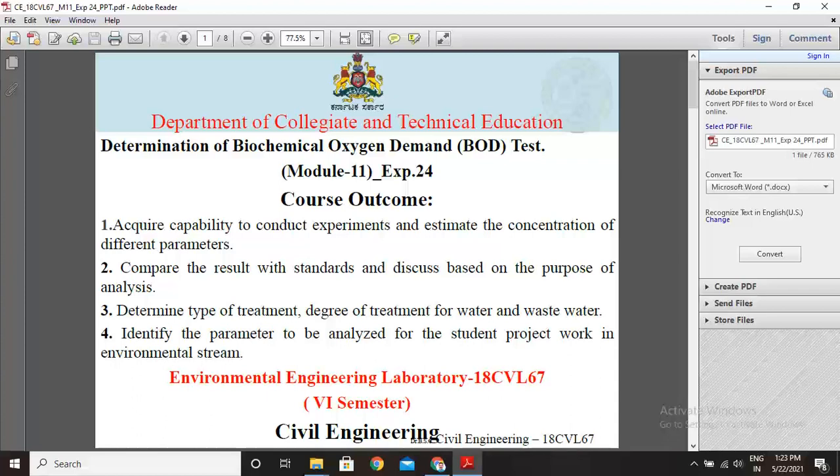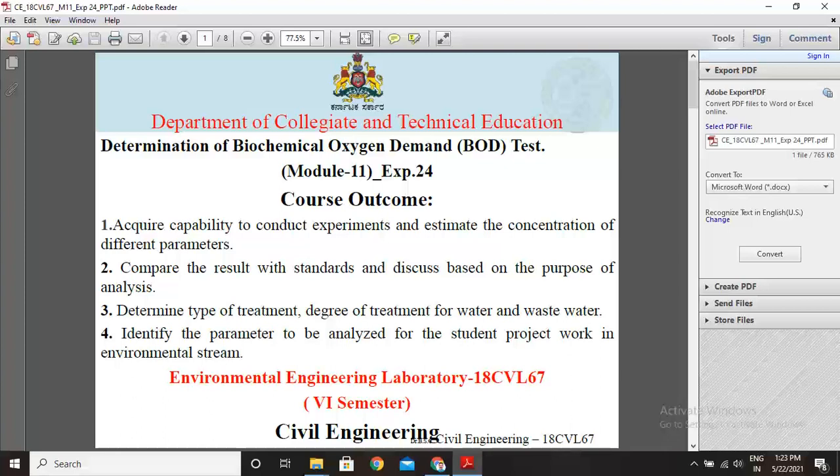Today I want to start experiment number 24. The title of experiment number 24 is Determination of Biological Oxygen Demand, that is the BOD test of the given sample. This BOD experiment is related to sewage sample determinations. Now, based on this BOD test and this environmental engineering laboratory subject,